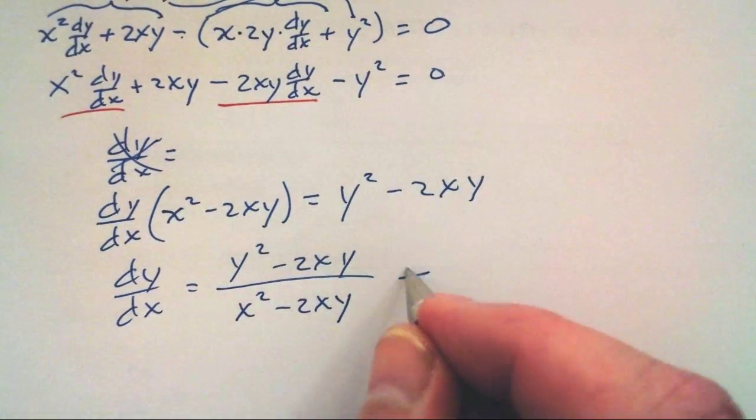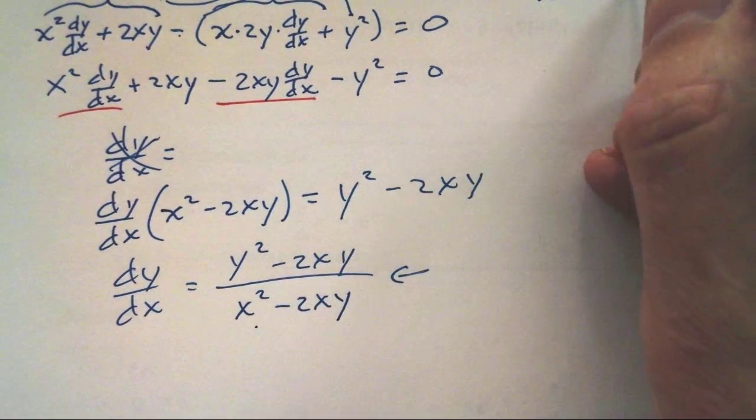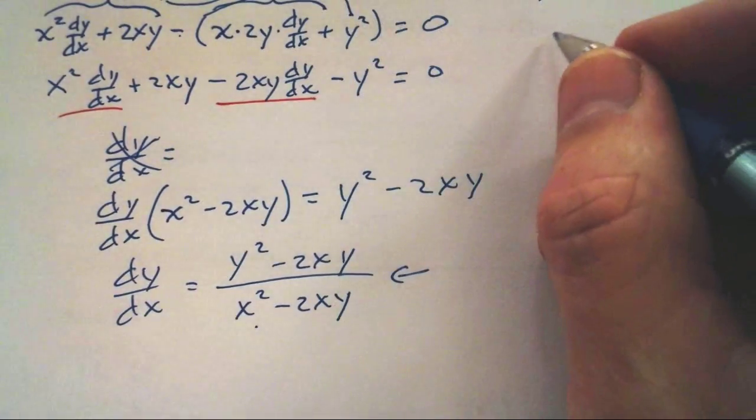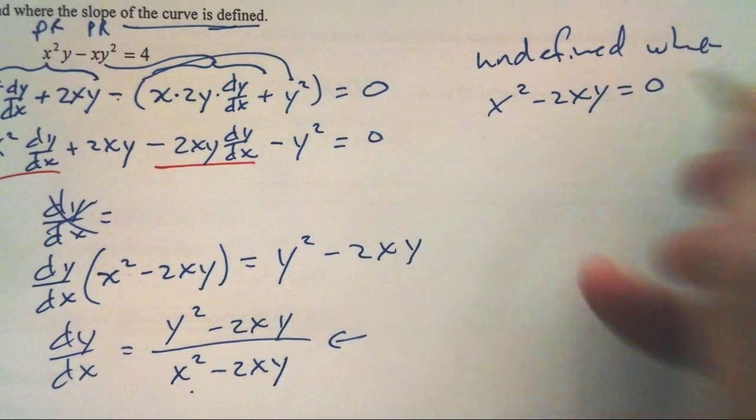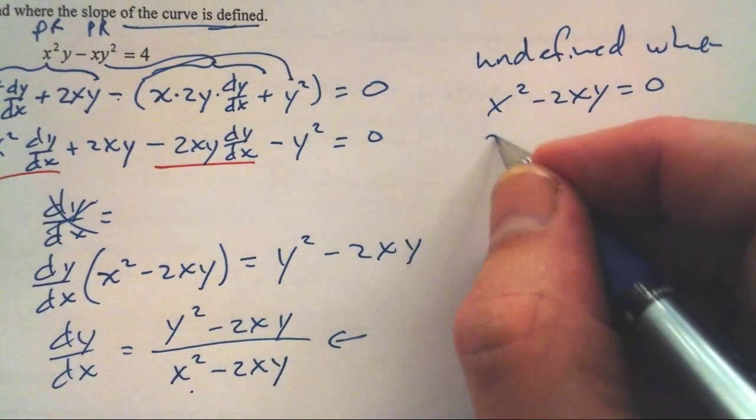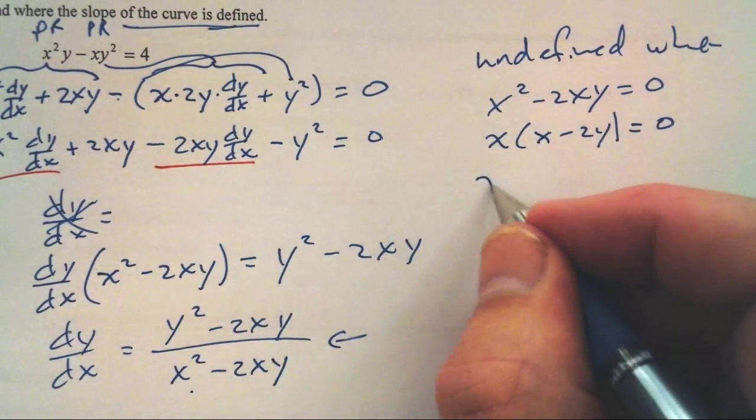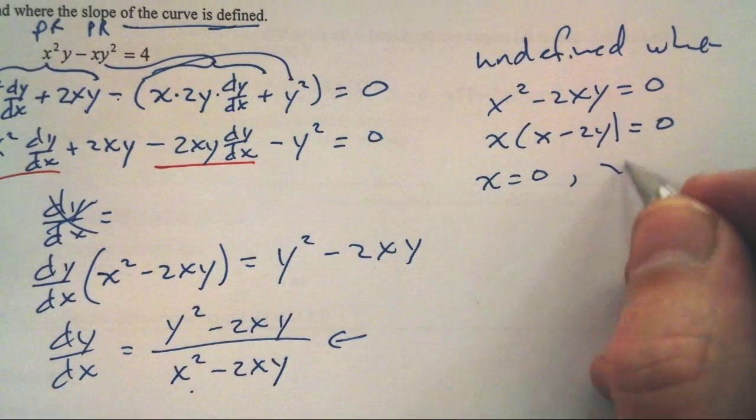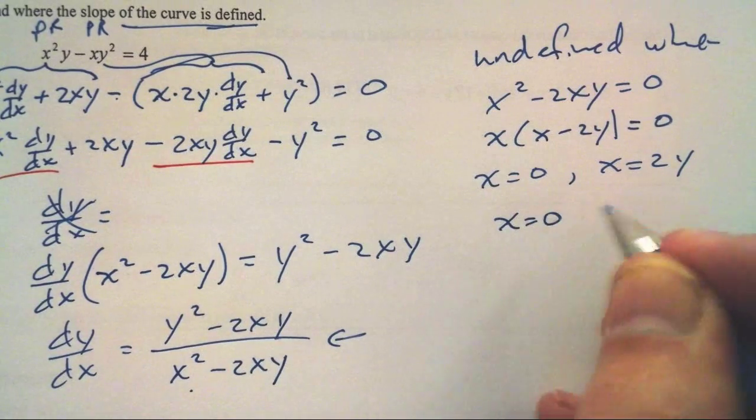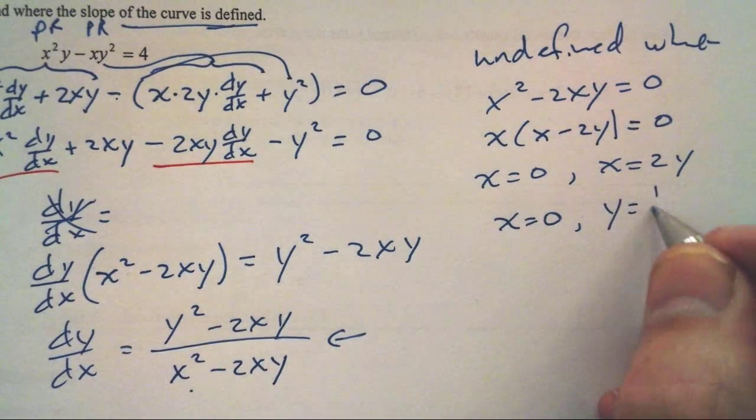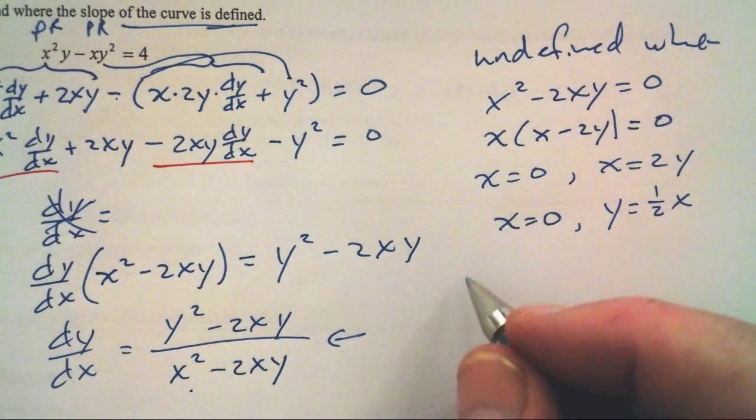But when is the slope undefined? This is the slope. The slope is undefined when x squared, my denominator, minus 2xy equals 0. Well, a quick factoring here: x times (x minus 2y) equals 0 when x equals 0, or when x equals 2y. That's when it's undefined. Now, good chance that this will be solved for y: y equals 1/2 x. So we would say that the slope of the curve